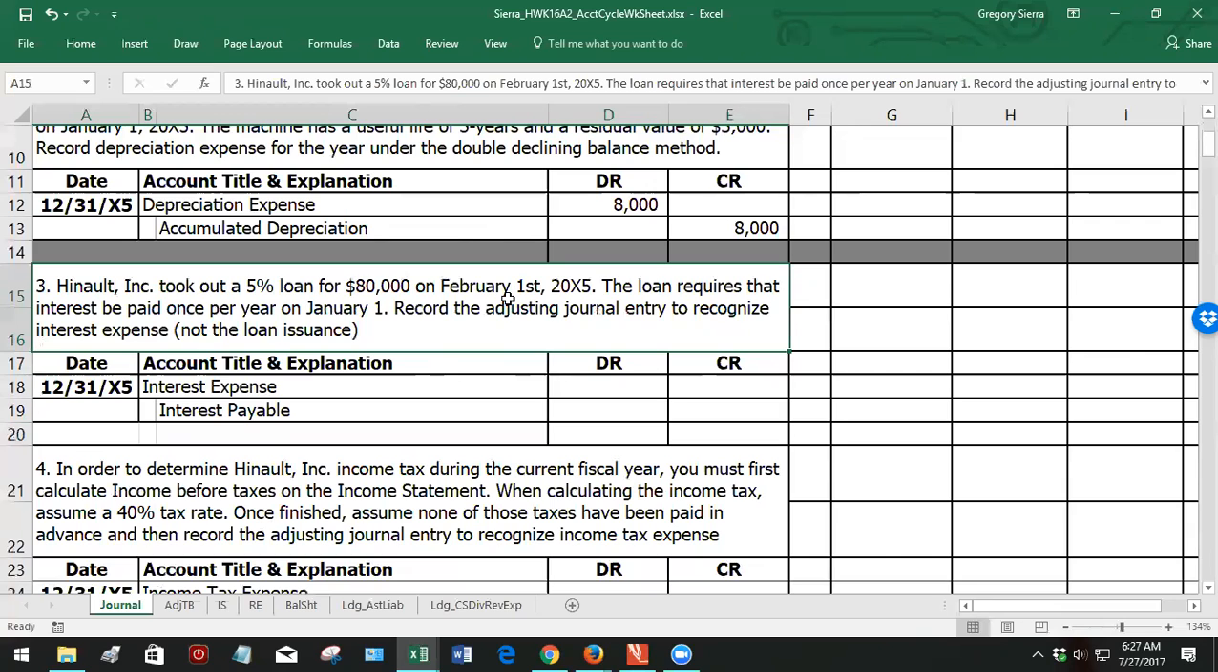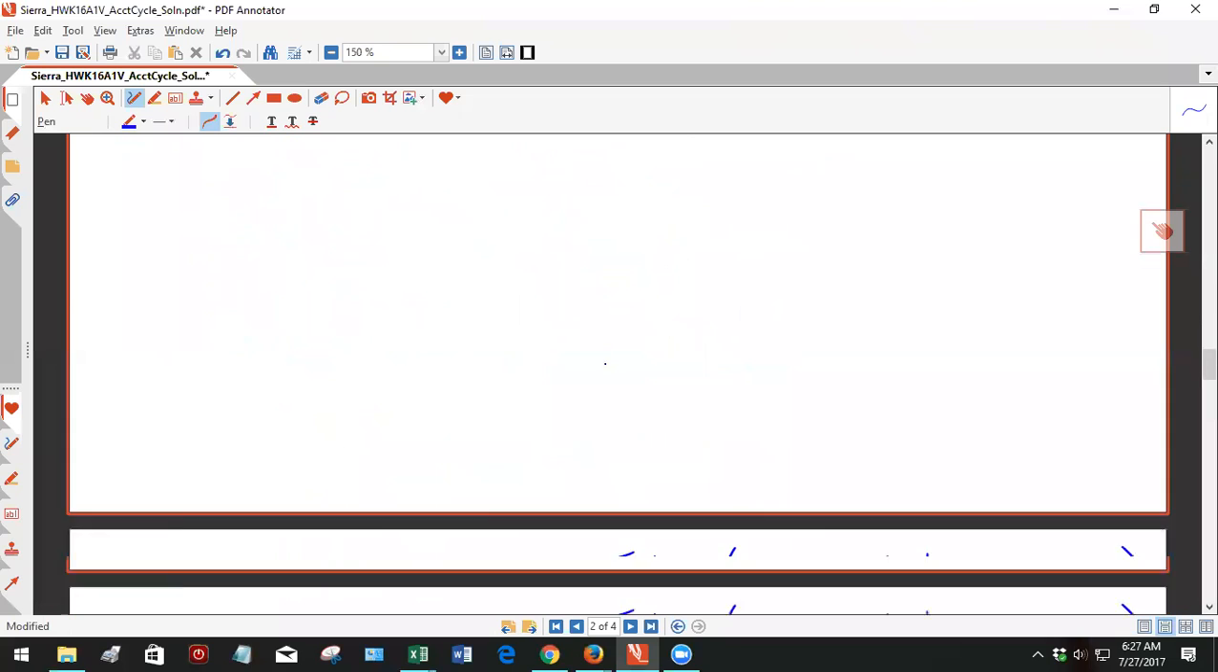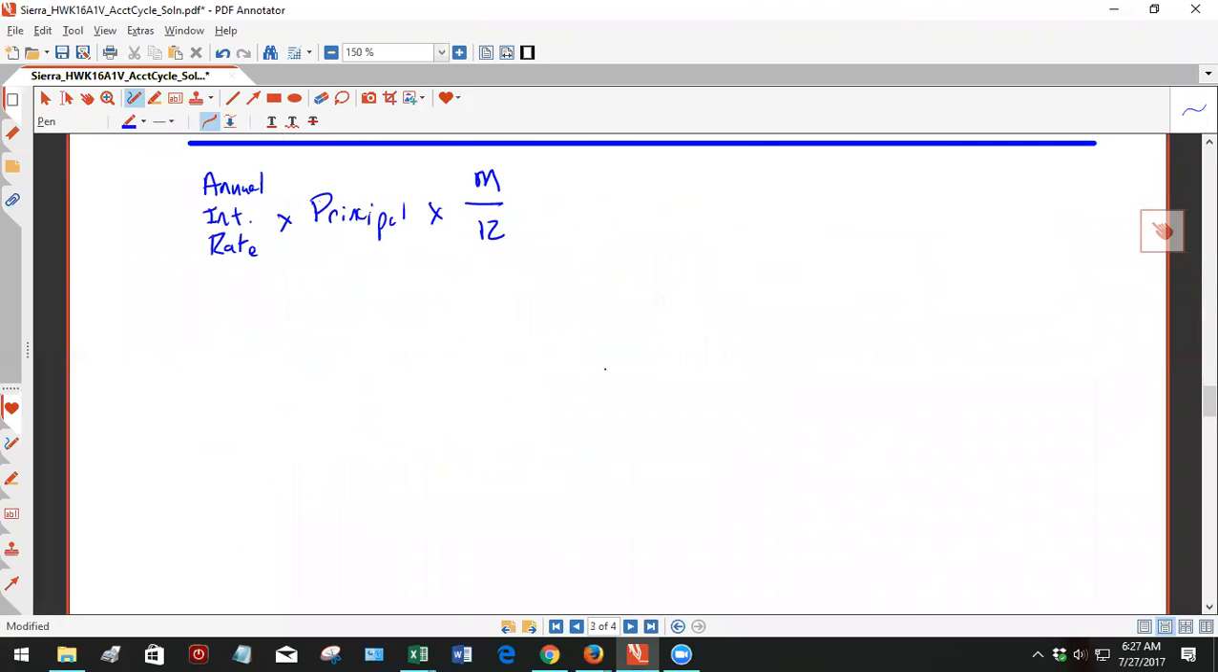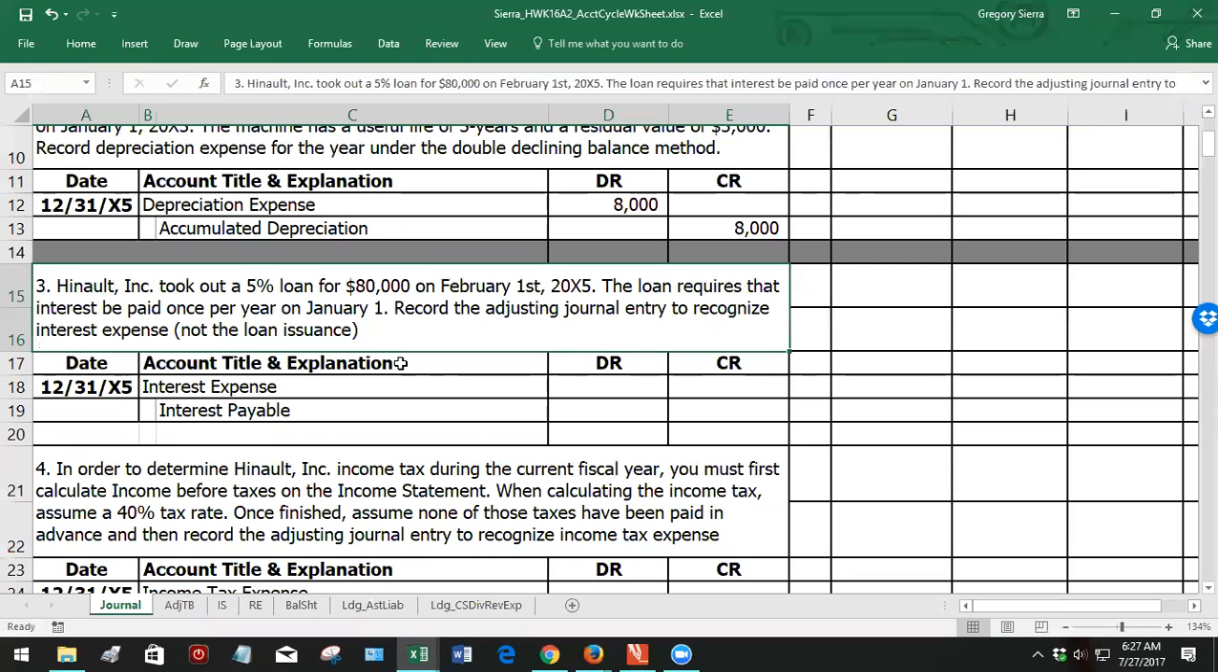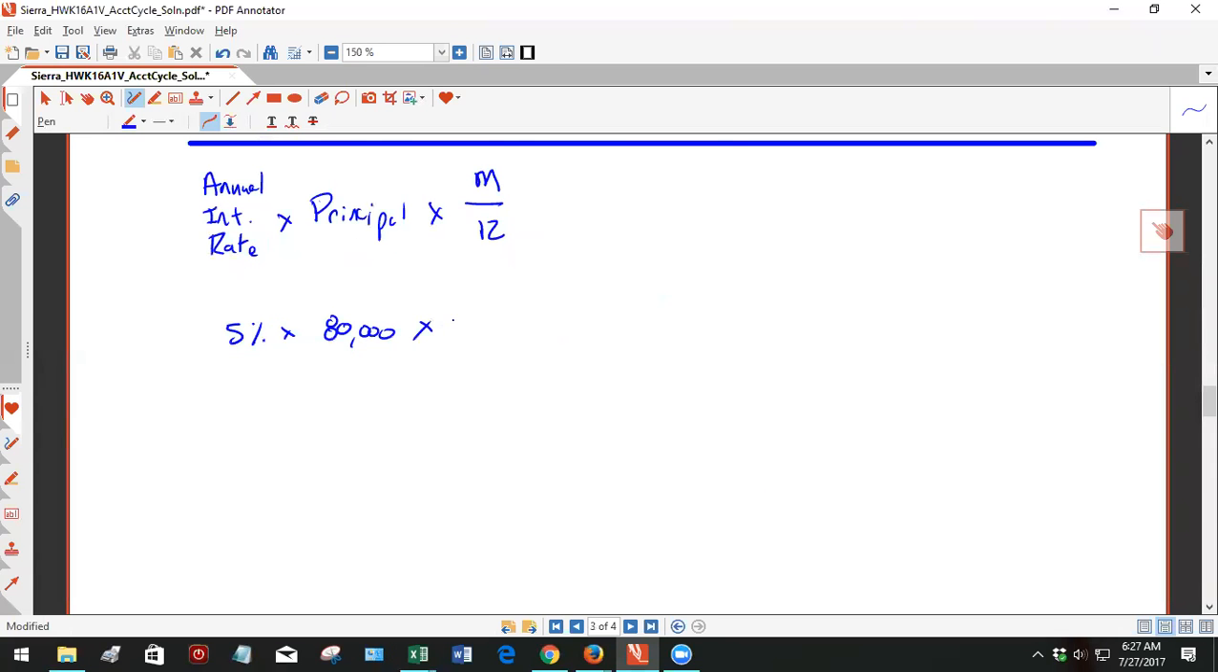All right, so let's see what we have here. 5% times 80,000. So this little formula, 5% times 80,000 in principal. It's February 1st, so that's 11 months out of 12. Okay, so 5%, 80,000 times 11 divided by 12. Not a very pretty number, but